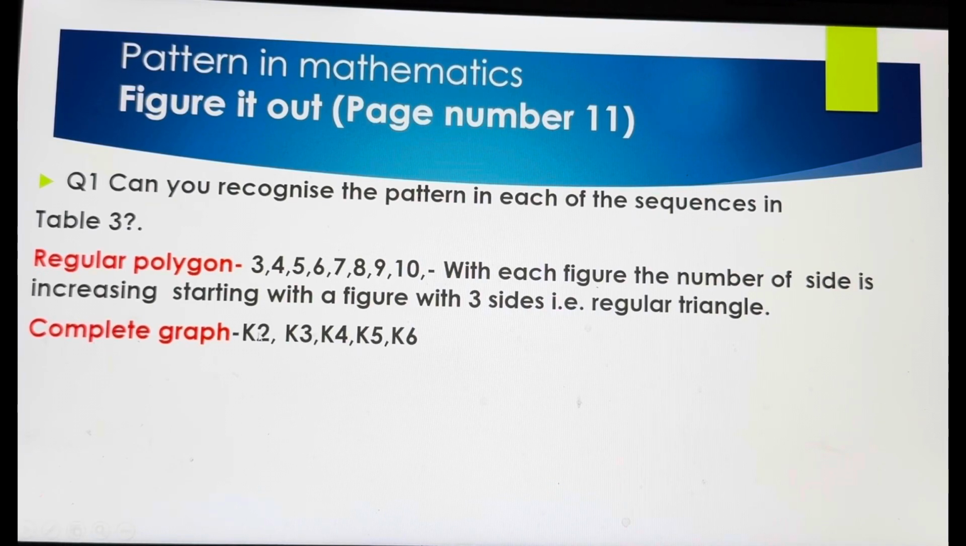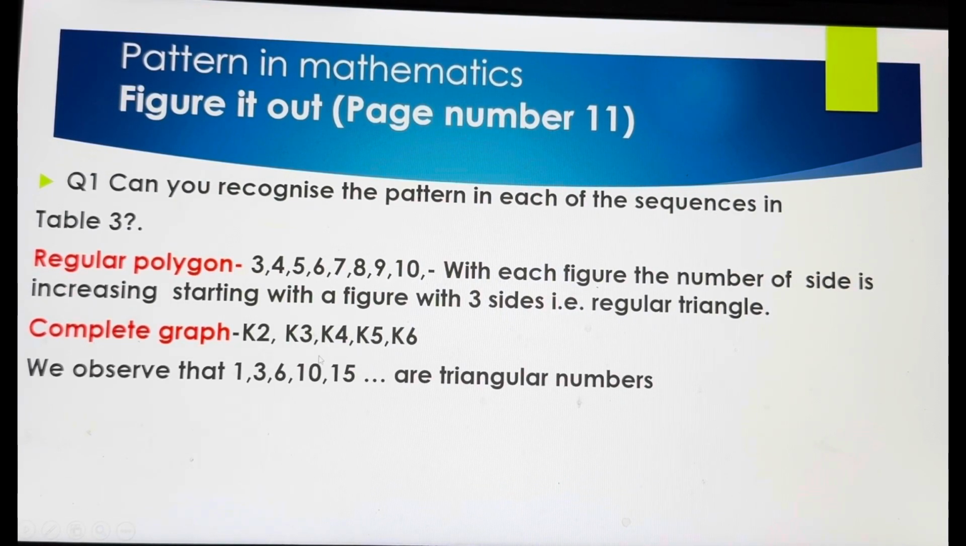Then the next shape sequence was K2, K3, K4, K5, K6. I just told you that it is the number of dots. So K2 means there were 2 dots, K3 means 3 dots, K4 means 4 dots, K5 means 5 dots, and K6 means 6 dots. Now, from those dots,